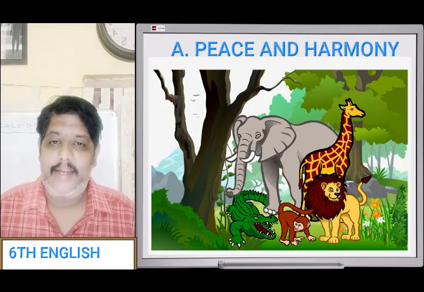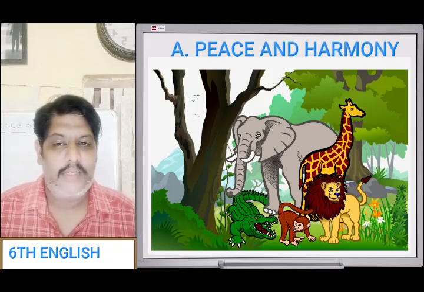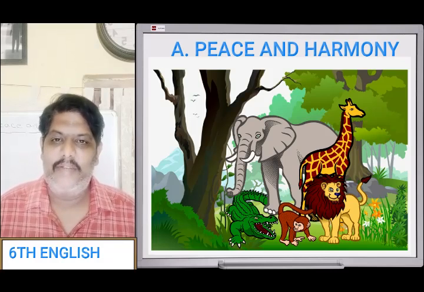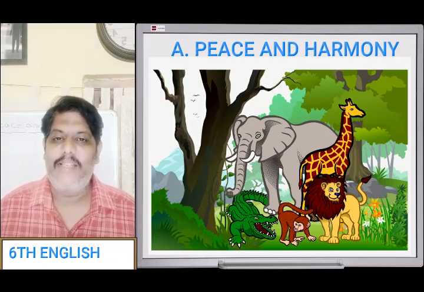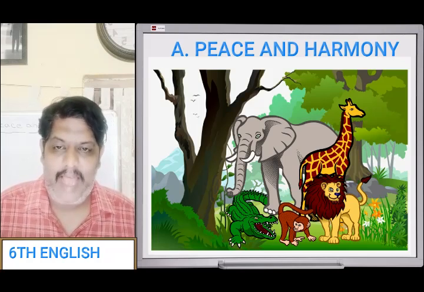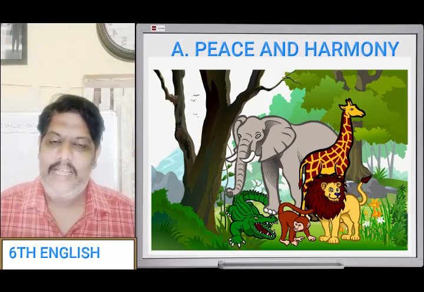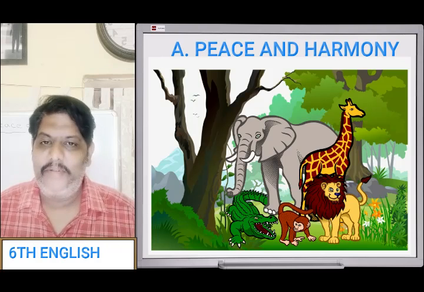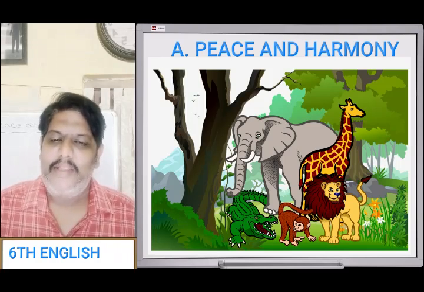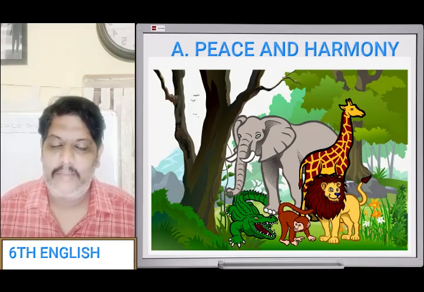The tiny ants, which were always busy, tickled the dark buffaloes. The tiny ants, the small ants, like when you watch the ants in your home, they will never stay at one place. They will not pass their time. They'll be very busy in finding their food. So the ants, which were very, very busy, now they don't have any kind of business here. What they were doing is they were tickling the dark buffaloes. There were dark buffaloes over there. They were tickling them. So that is how these all instances, like the peacocks admiring cuckoos,